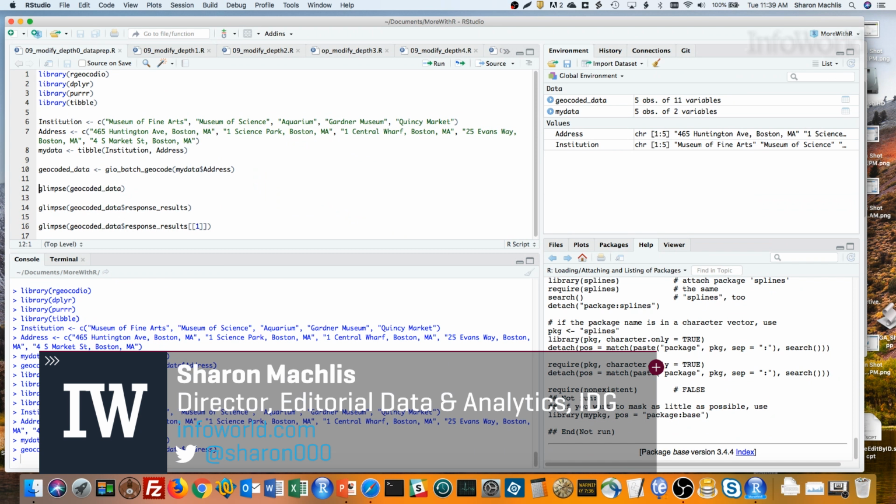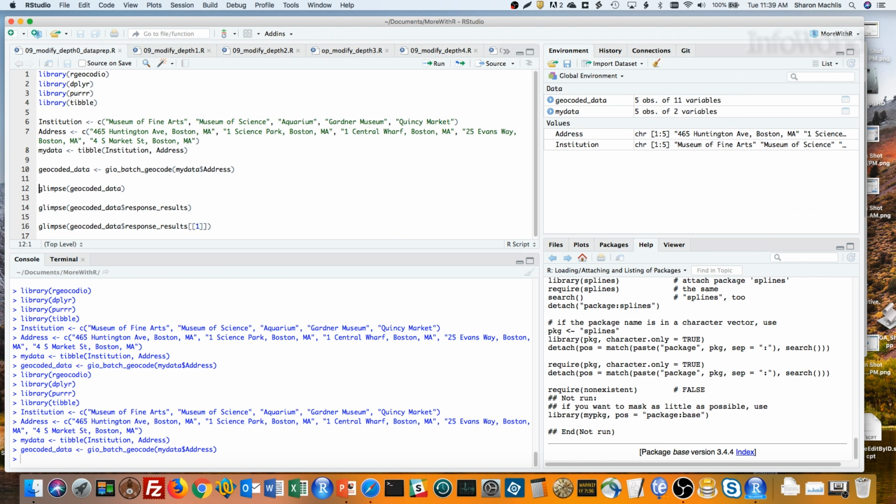I'm here with Episode 9 of Do More with R, Access Nested List Items with the purrr package. Lists can be one of the harder things to wrap your head around in R, even if you've been working in the language for a while. List columns within data frames can be even more challenging, especially if the structure isn't the same for each value. Let me show you an example, and then how easy it is to deal with using purrr.